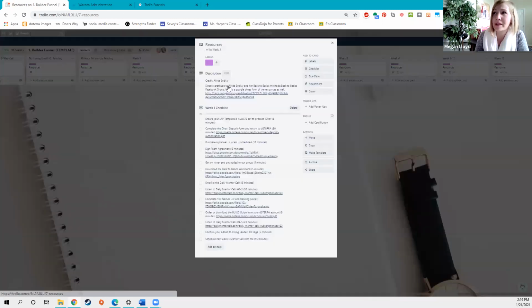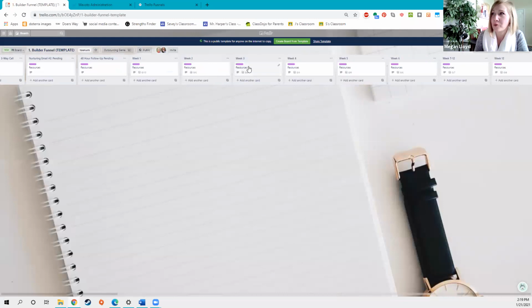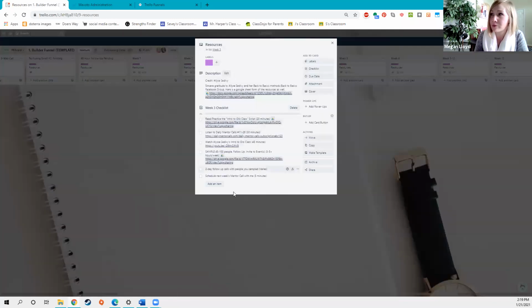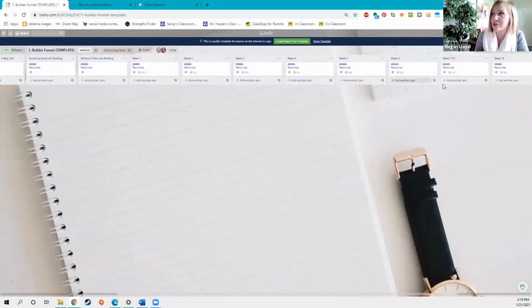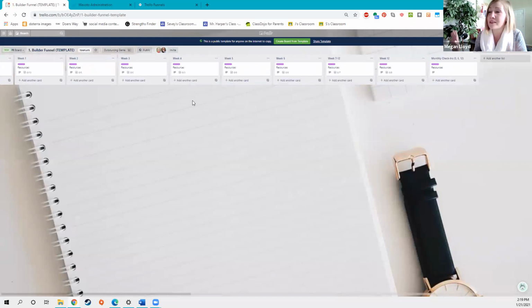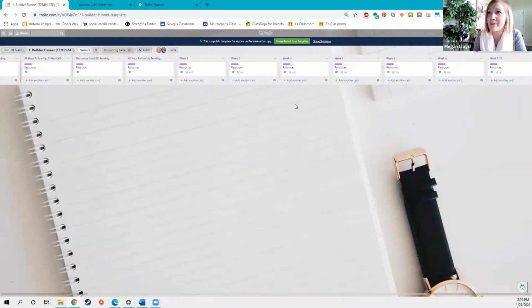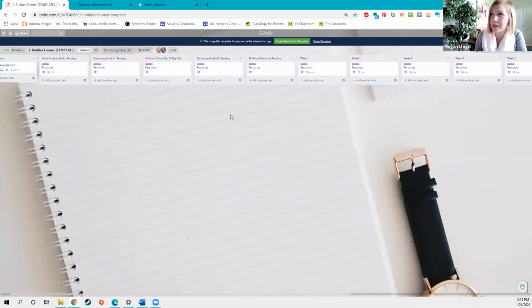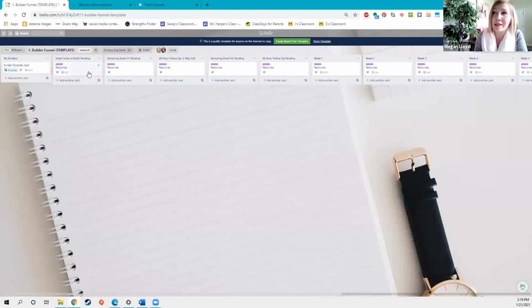And we populated it with all of those different tasks that you should do for a builder when they first start. So week 1, here's their checklist. Week 2, this is week 3. Week 3, here's their checklist. And it shows all of the steps, which is so awesome. It didn't have all of those before. It kind of just had like 1 through 3, but this is all the way from the beginning of,